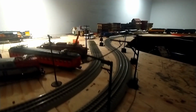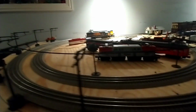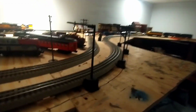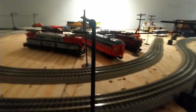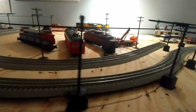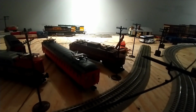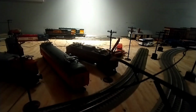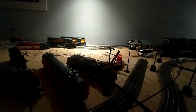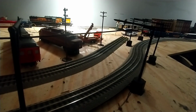Then I ended up painting the catenary poles black to get a better idea of how it would look when it was more complete. The next thing I did was I reassessed the height of these poles because I didn't really think that much about the height. I just went with my initial thoughts on what seems like the correct height, but then I went in and measured the height of my engines with the pantographs up from the rail head to the top of the pantograph, and I ended up coming up with this height, which between the rail and the overhead wire,